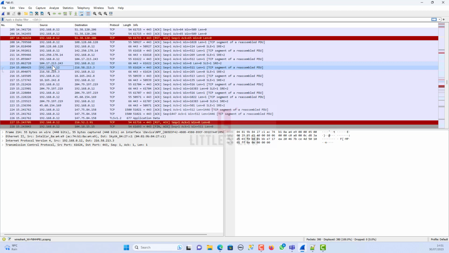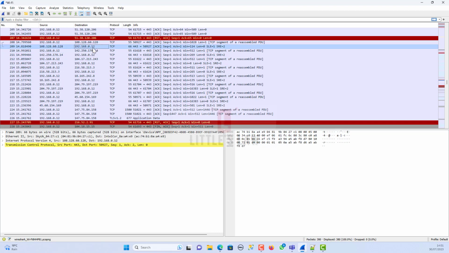Now here's the cool part. By clicking on any packet on this list, we get more details about the specific message. It's like opening a letter to read its contents. The other two panes in Wireshark show us the juicy details of the selected packet.